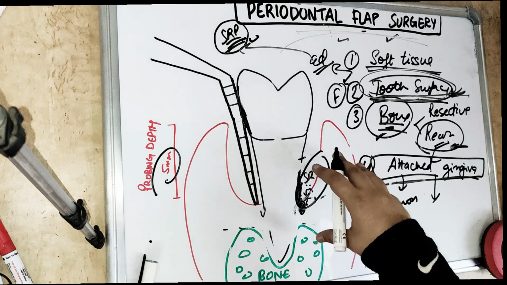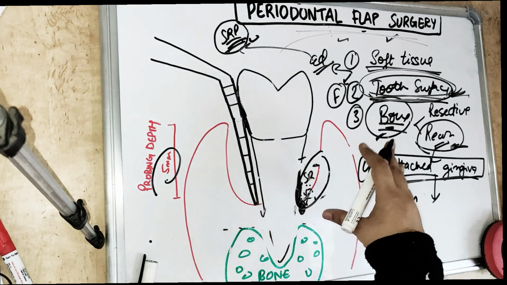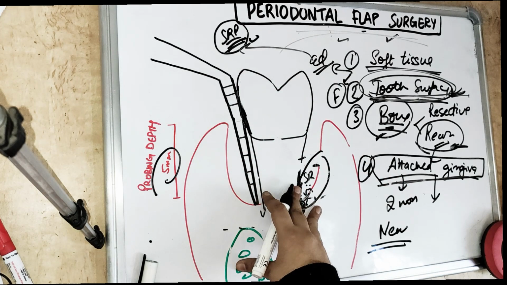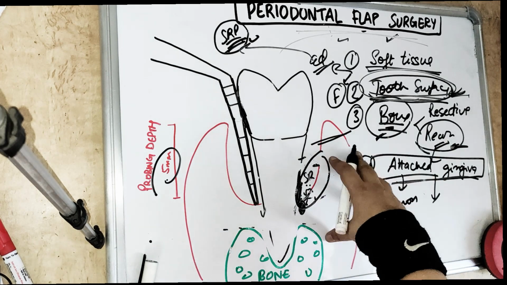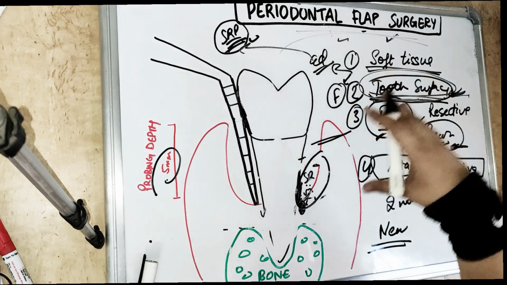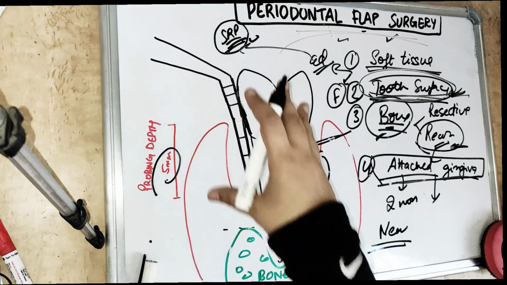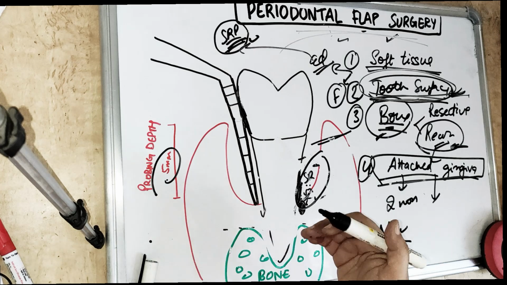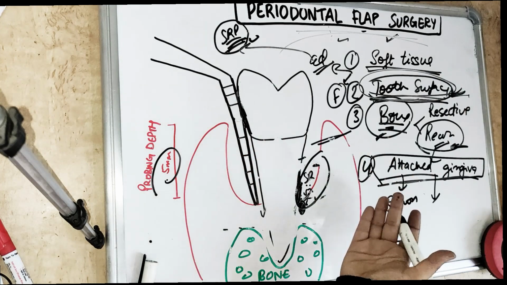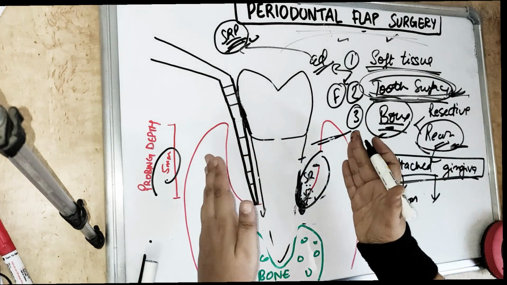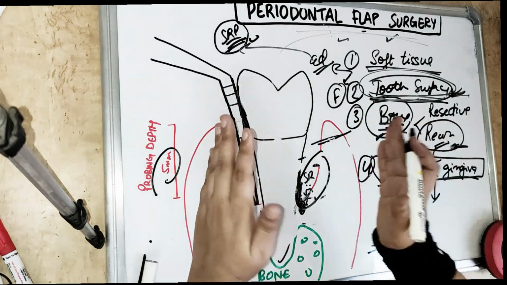For retraction or shrinkage of the pocket wall, first we have to do scaling and root planing, and then we have to plan for the surgical procedure, the periodontal flap surgery. We also need to see if we can do a gingivectomy and get corrected with it, or whether we have to go for a flap surgery, either an apically displaced flap or an undisplaced flap. If we just want to clean it and keep the flap back, that is our undisplaced flap. Undisplaced means we are not displacing the flap anywhere; we are keeping the soft tissue in the same position as earlier.